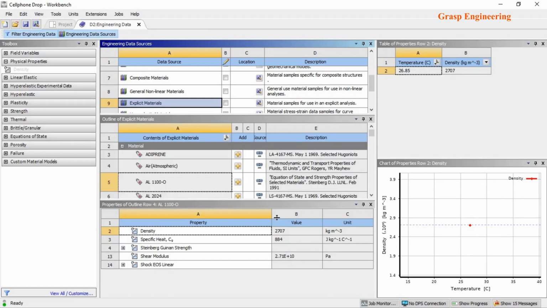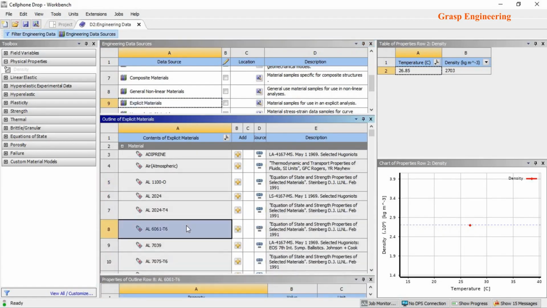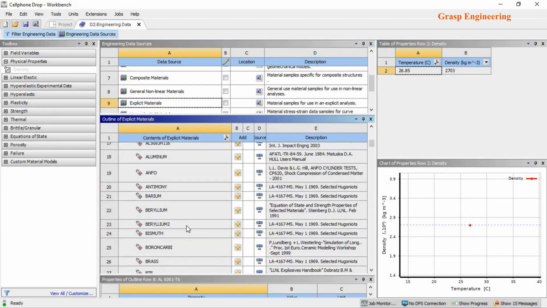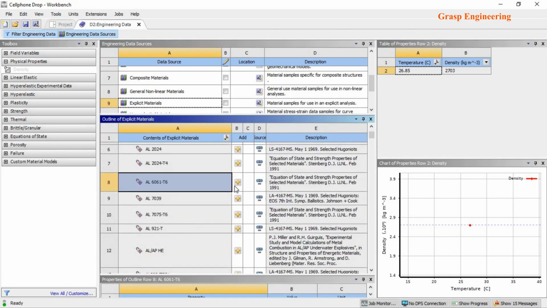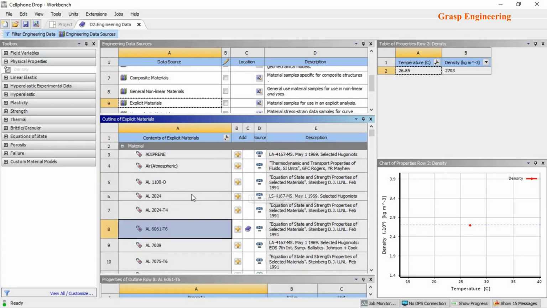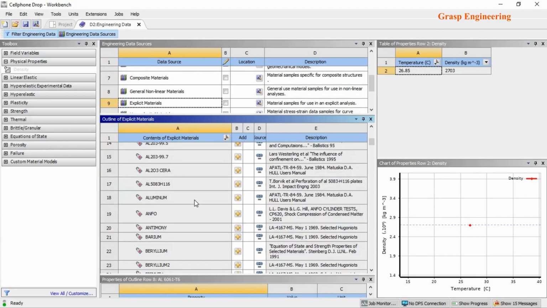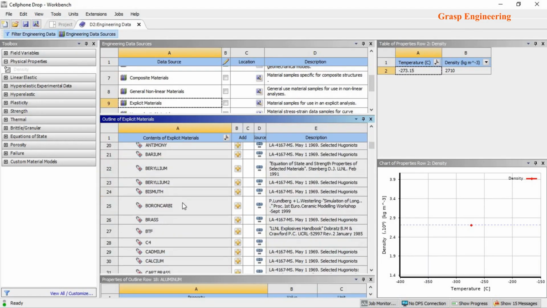Now you can see here you can either choose aluminum alloy, or you can even check this one. This is also one of the aluminum alloys, you can consider that, right? So you need to click in order to consider it, so that you will find this book symbol. It means it is added in the library. Okay, now if you go down you will find